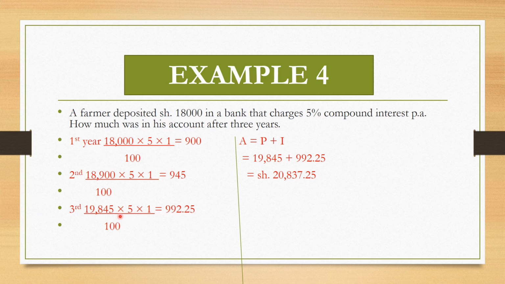So this time round, there's no 0 for me to simplify. Don't cry. The only thing you're supposed to do is multiply this number by 5. You are at home, you have a rough paper. 19,845 times 5. You will get it is